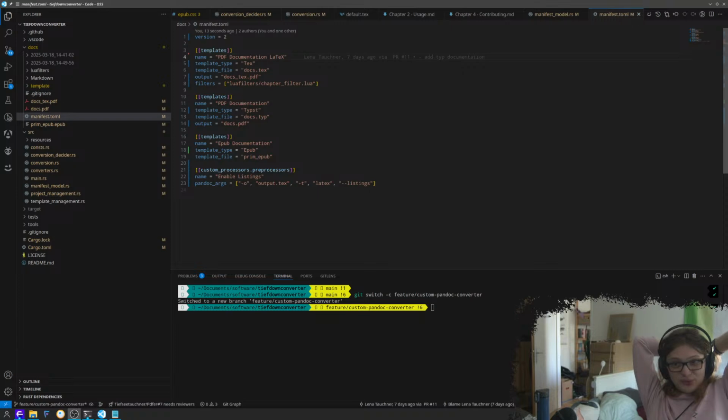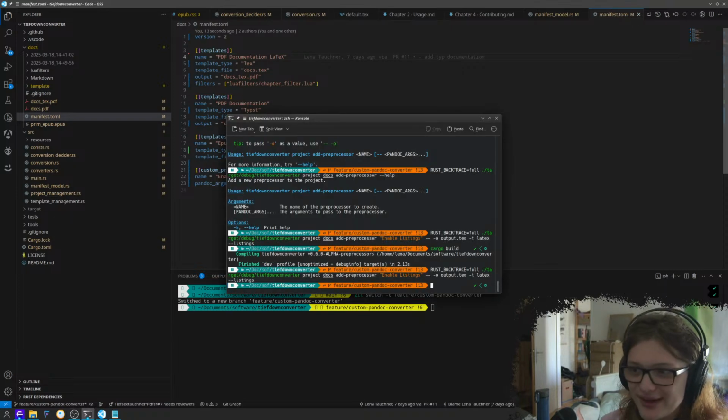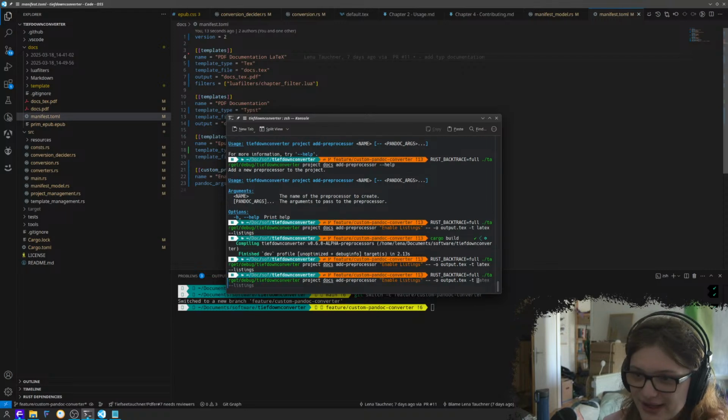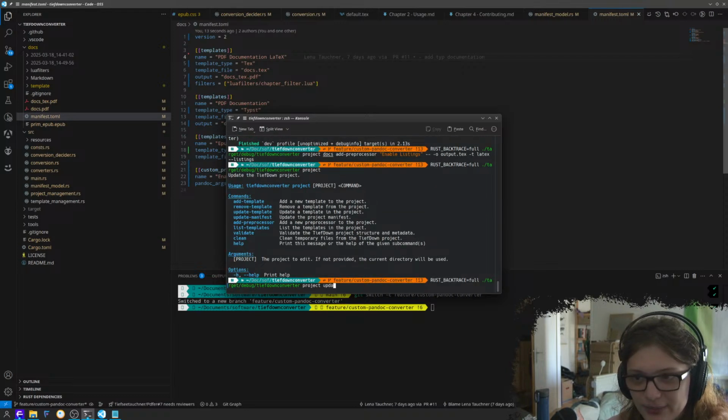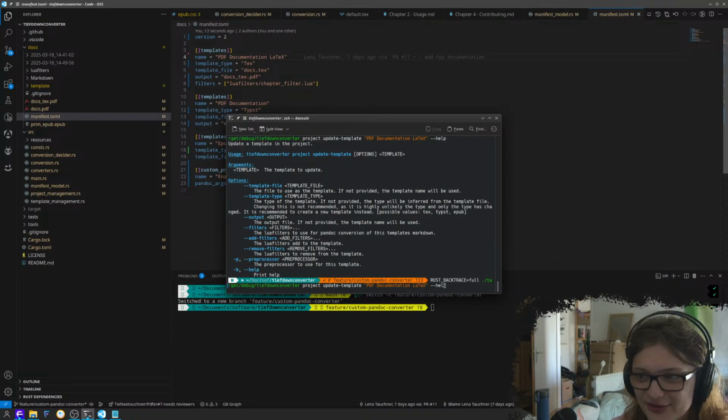I have no idea if that works, but let's try editing a template. Let's say project update template. Template is PDF documentation LaTeX and dash help. First of all, pre-p